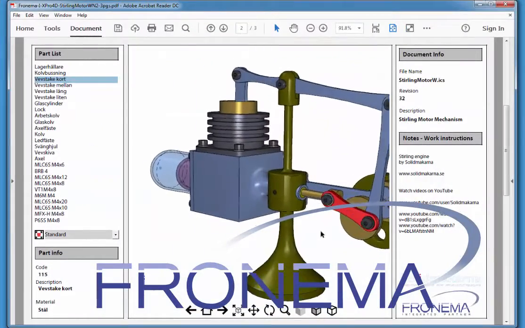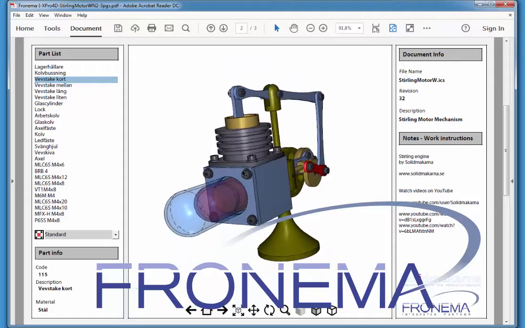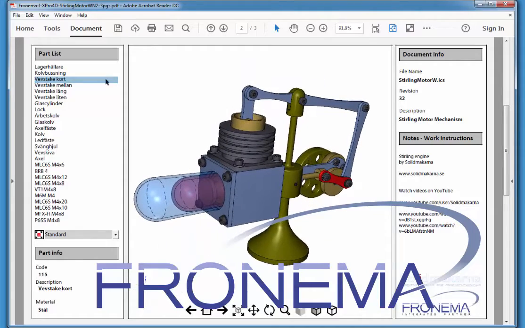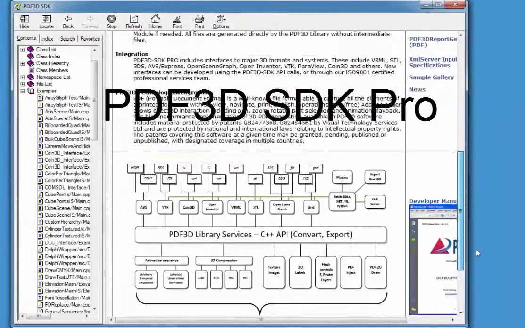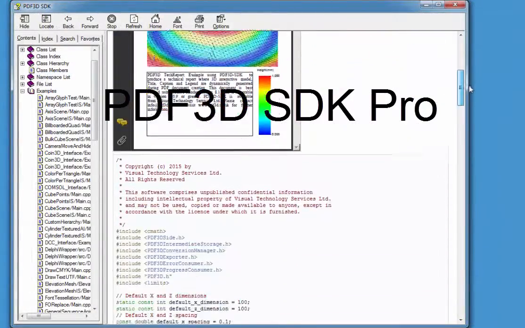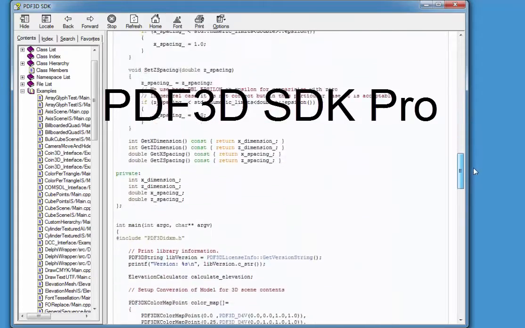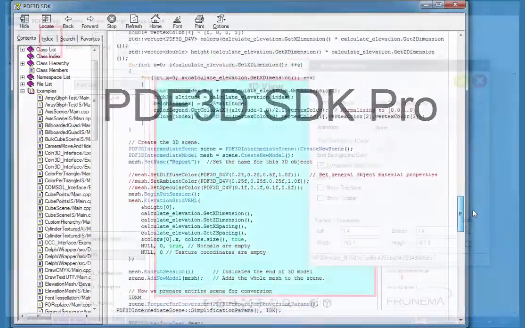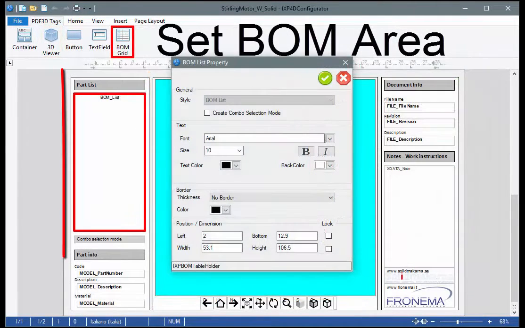This case study looks at how Fronema designed the IronCAD solution for 3D PDF parts list navigation using the PDF3D SDK Pro toolkit. The toolkit provides all the low-level parts and components needed for publishing 3D PDF in custom applications. The editor first sets up the design for where the 3D view should go, sets the BOM or part list